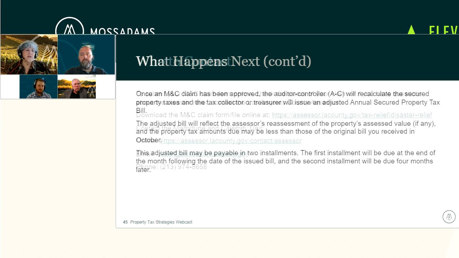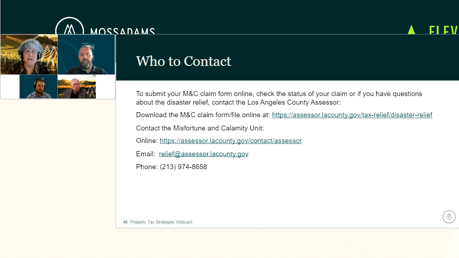And then to submit your claim form, like I already discussed, you can submit it online. You can actually download it and mail it, or do it online. You can check the status of your claim form online, which is great. Before, you really were forced to just call the assessor's office and hope that somebody answered the phone and could help you. Now, as you see on my screen, they have a dedicated email address for you to use to check online, ask questions, etc.